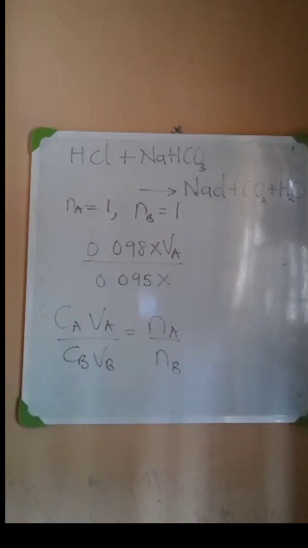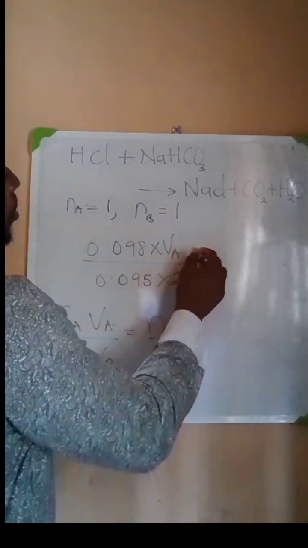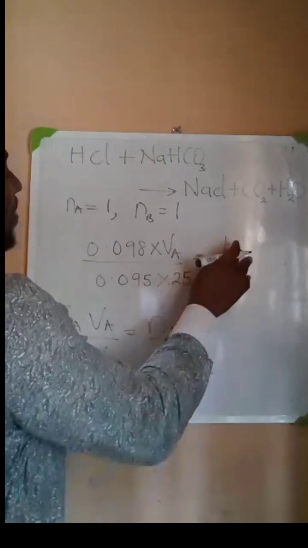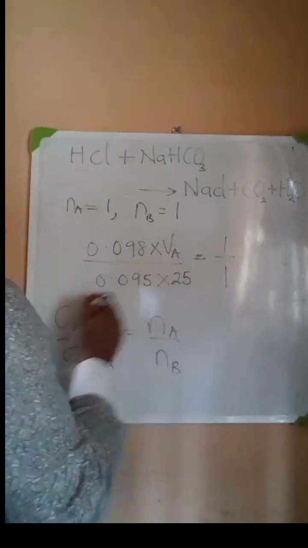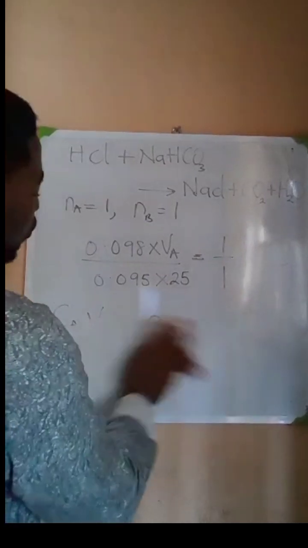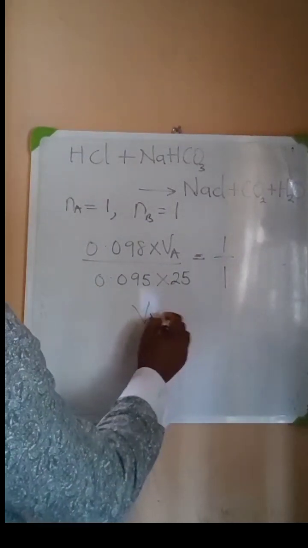Vb is the volume of the pipette you used, which is usually 25 cm³ by capacity. You equate that to the number of moles of acid to that of base that reacted, which is given as 1/1. So when you cross multiply to make Va the subject of the formula, Va here will be equal to